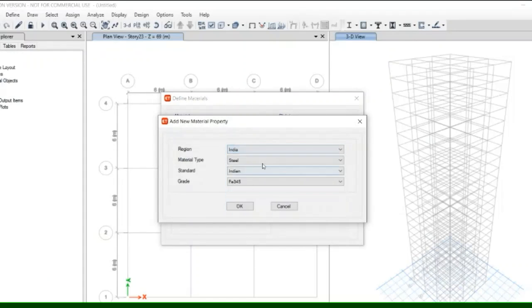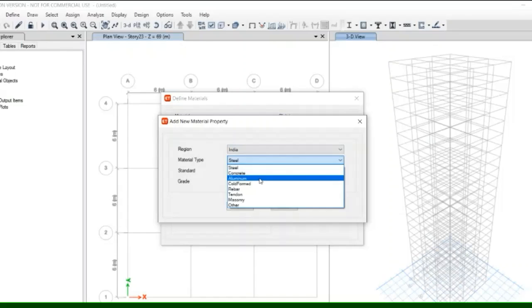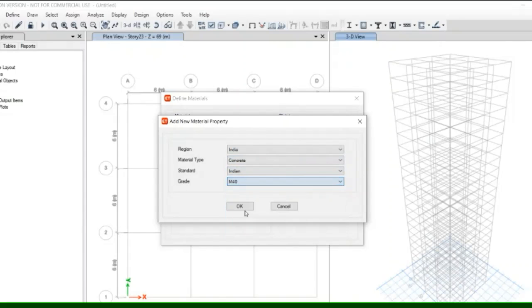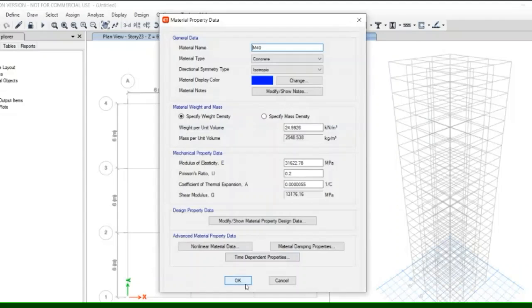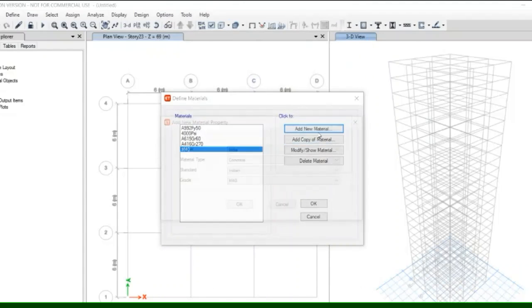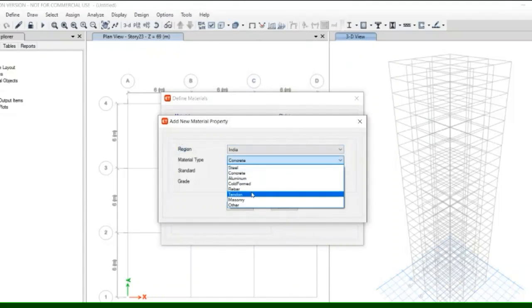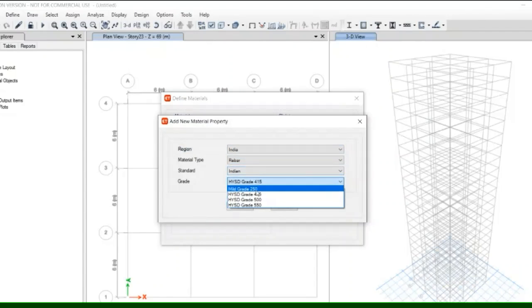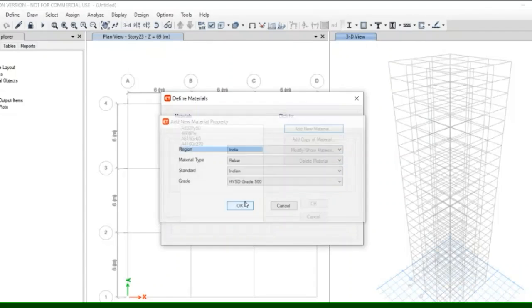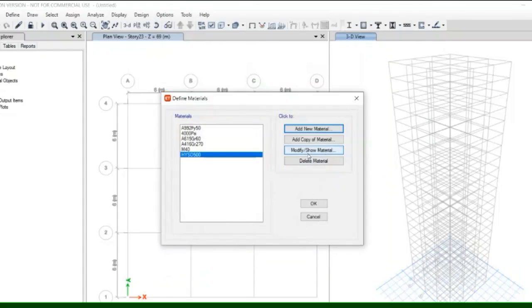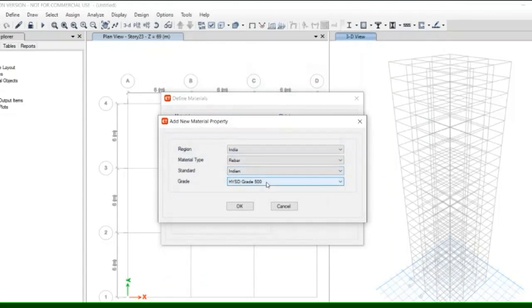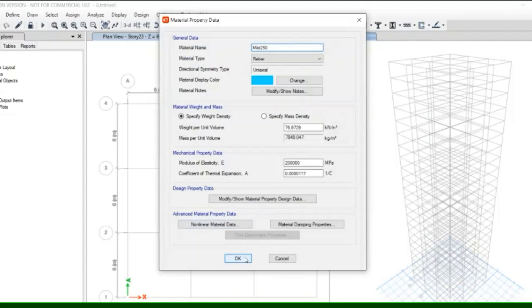For the concrete, take material type concrete, Indian standard code, and grade M40 as per the question. Then OK. Add a new property for the steel. Select rebar type, material type, and steel 500. OK. Again for the mild steel 250. OK, OK.